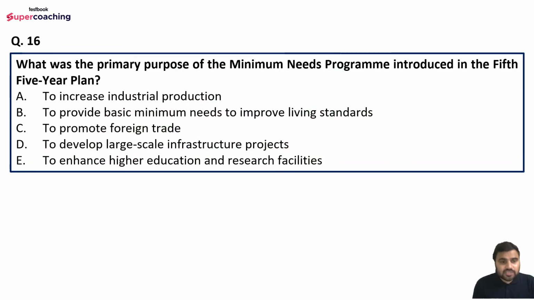Question number 16 is: What was the primary purpose of the minimum needs program introduced in the fifth 5-year plan? Options are: to increase industrial production, to provide basic minimum needs to improve living standards, to promote foreign trade, to develop large scale infrastructure projects, to enhance higher education and research facilities. Do let me know, guys, what was the primary purpose of the minimum needs program introduced in the fifth 5-year